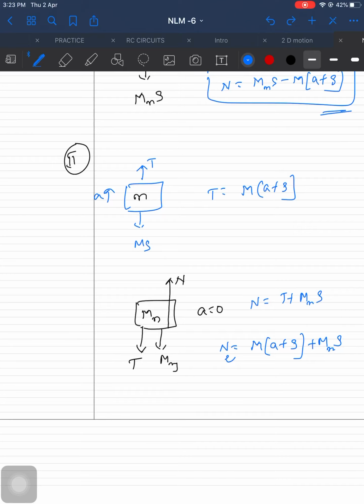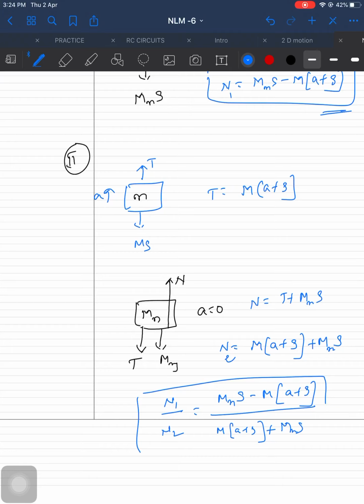Sorry, the earlier one was the reaction in the first case. N1 over N2 is equal to (Mm g minus M into (a plus g)) over (M into (a plus g) plus Mm g). In which case is the normal reaction more? I leave